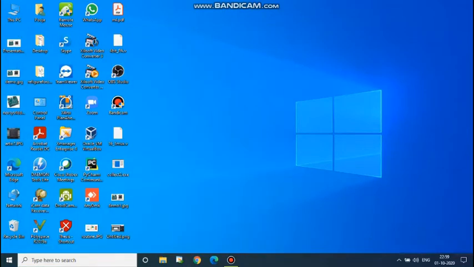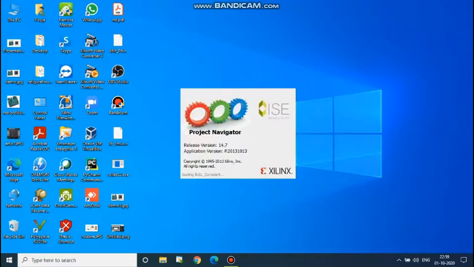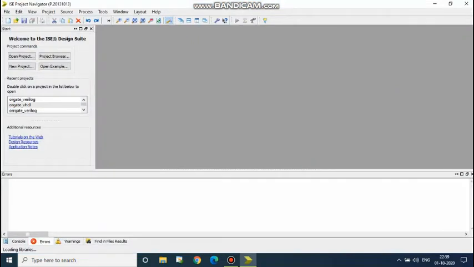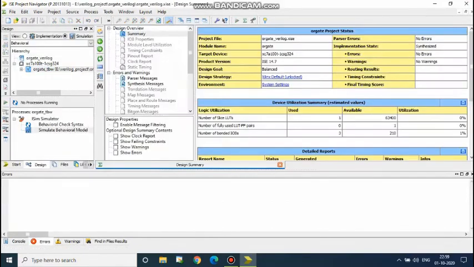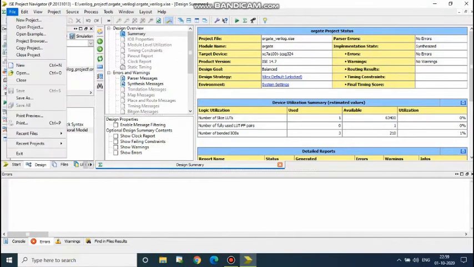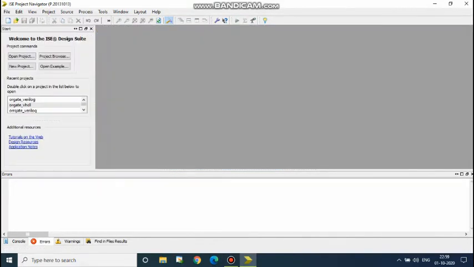I am selecting 32-bit as it is working fine on my PC. If you have already done some programming, this will be your interface, and if you are a first time user, then this will be your interface.